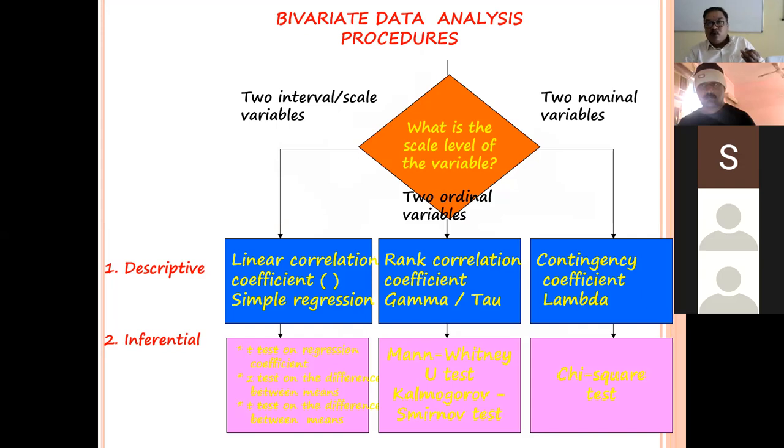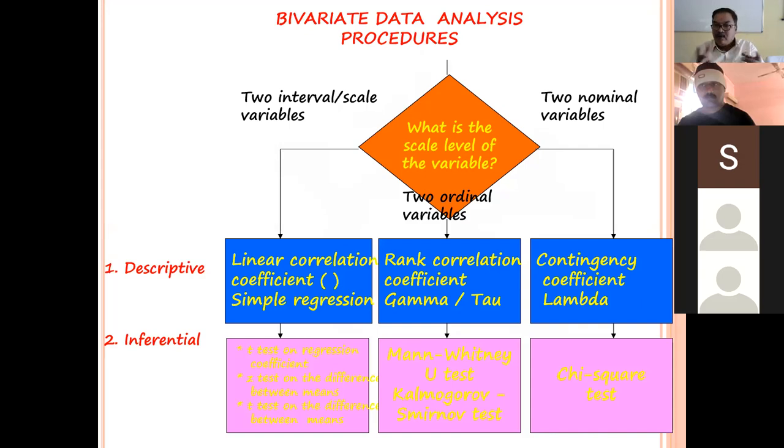If I have two variables under descriptive statistics, I can compute the correlation coefficient. So what is the relationship between the number of hours studied and the marks scored? Is there any relationship between the number of hours studied and the marks? To know that, I compute the correlation coefficient.